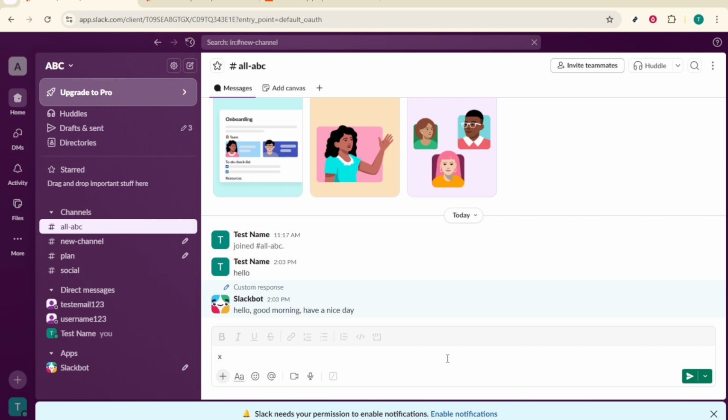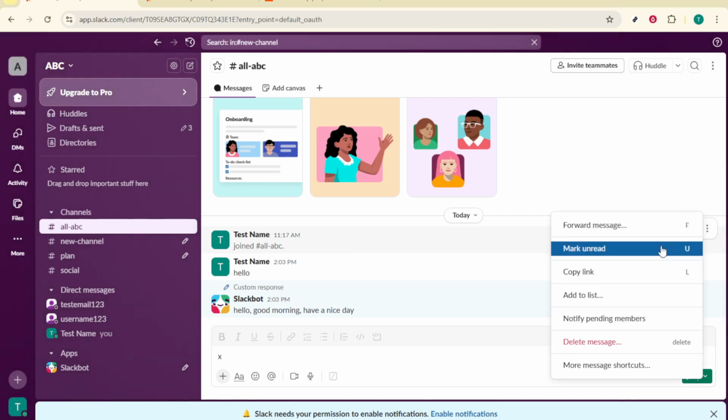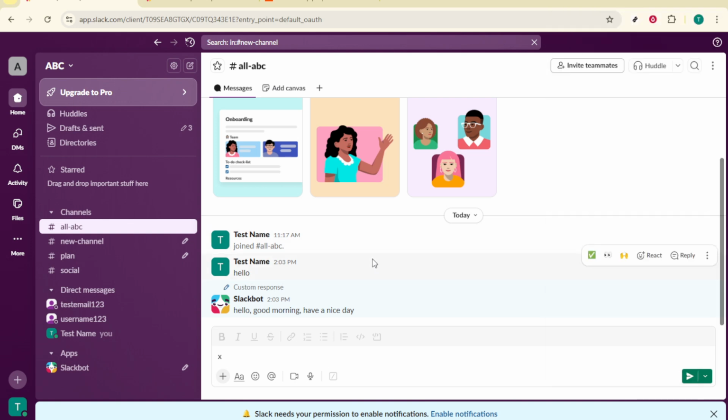Imagine you're in the middle of a conversation and notice a message that needs to be removed. Whether it's a typo or something you no longer deem appropriate or necessary, the process to delete it is simple and efficient. Start by locating the specific message you wish to delete. This seems obvious, but in a lengthy conversation thread, it can sometimes be a bit tricky to find exactly the